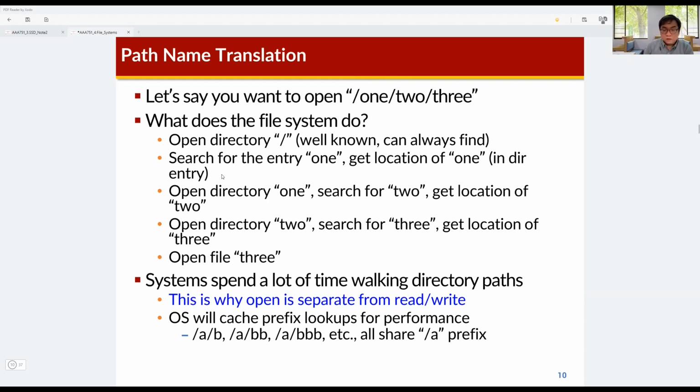First, the application opens directory root. The location of the root directory is stored in a specific location of the storage device, like the first block of the storage. It's a predefined location,